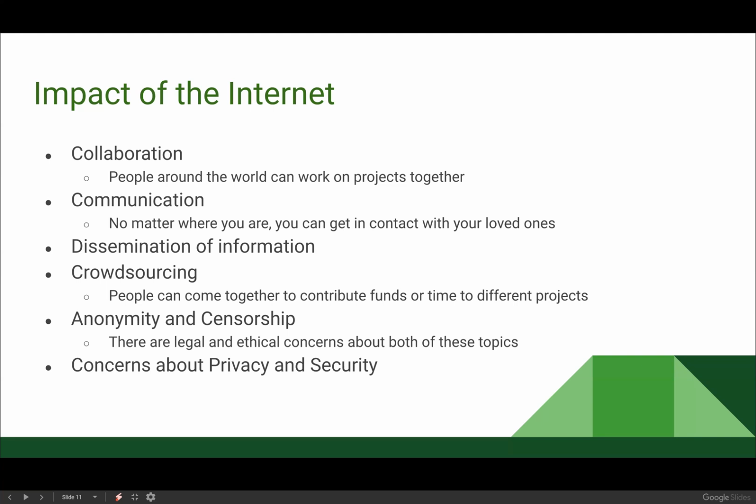So does the government get to choose? Does Google get to choose? Who gets to be in charge of what information is surfaced, what information is available to different people. And as we talked about earlier, the internet opens up huge concerns about privacy and security. There's all kinds of different ways that your personal information could be leaked or sent to people who aren't supposed to have it. So those are both very important things to be considering with the internet.